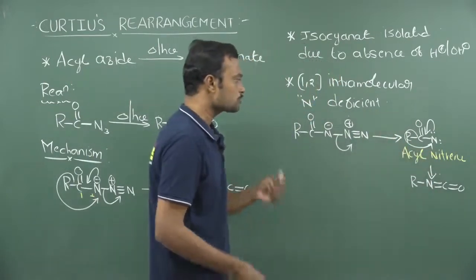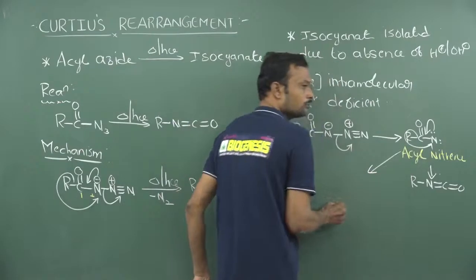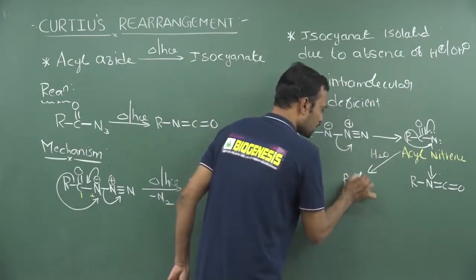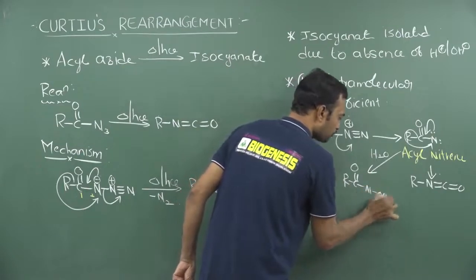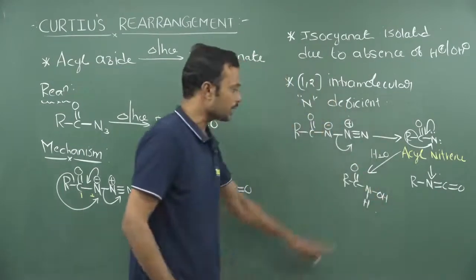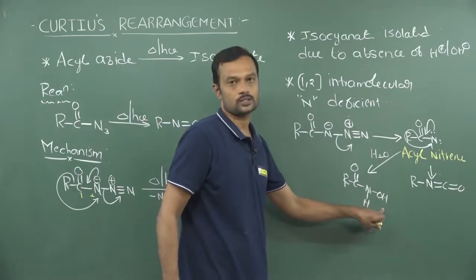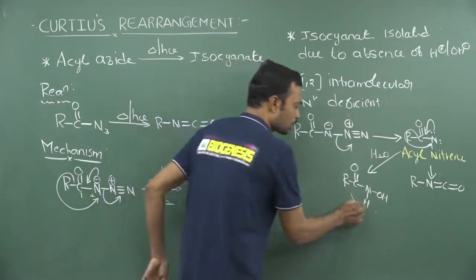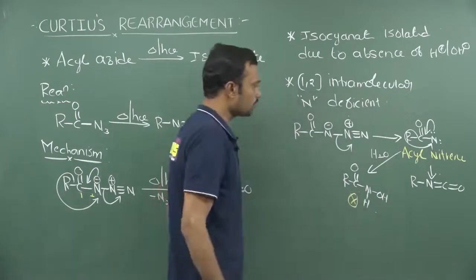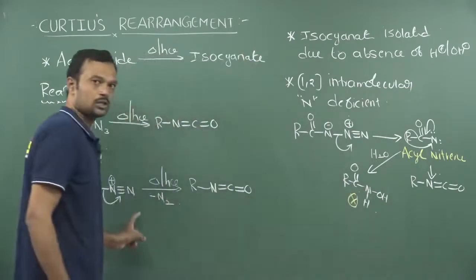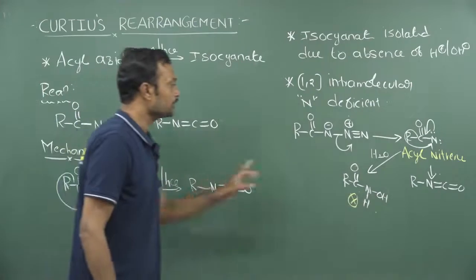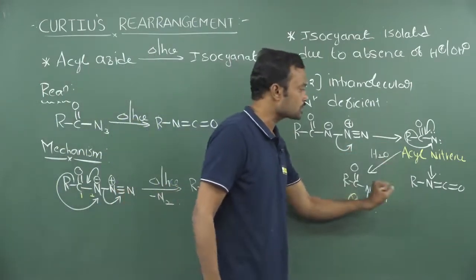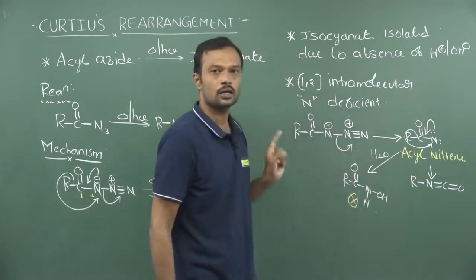So if it takes place as a multi-step reaction, now during the progress of this reaction, if you add a water molecule, this acyl nitrene has a tendency to form N-acyl hydroxylamine. But in this reaction there is no formation of N-acyl hydroxylamine, which confirms that the intermediate is definitely a nitrene. That nitrene is unable to be trapped, which indicates that this reaction is a concerted rearrangement reaction.